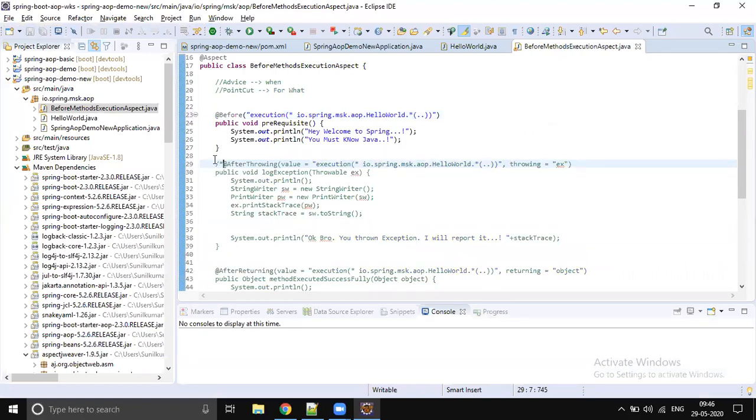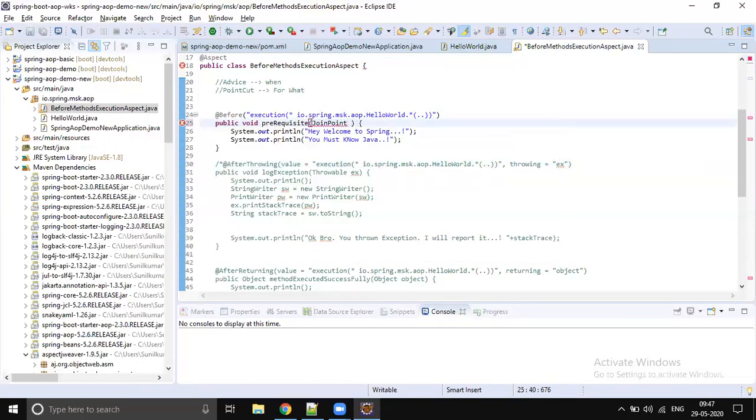So here, if I would like to print some information about the method, for example, what is the method I am going to execute, how can we do that? If you would like to get some metadata information about this advice and what method is going to execute, that metadata can be passed by using JoinPoint. It's a predefined entity.